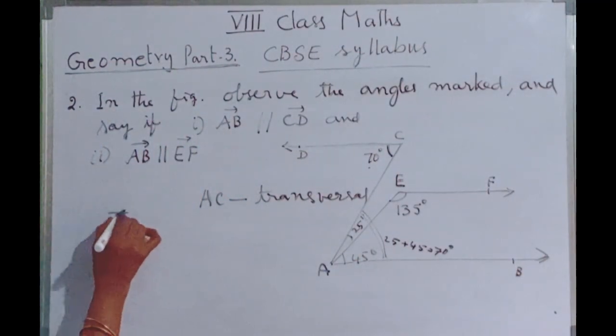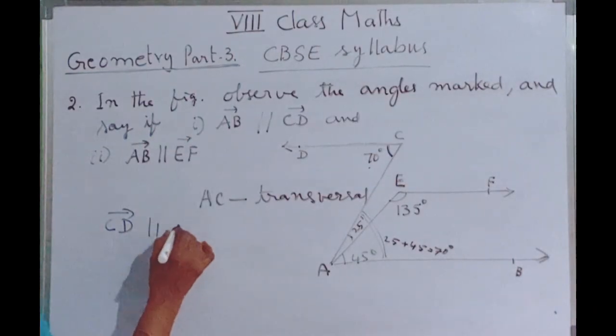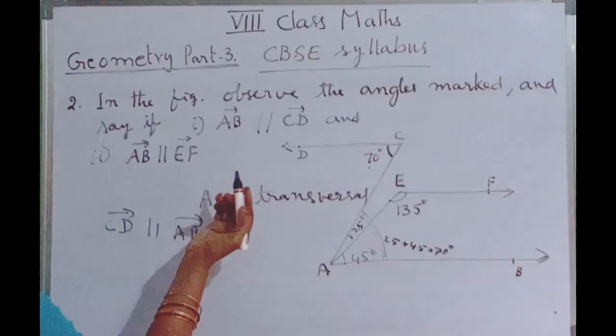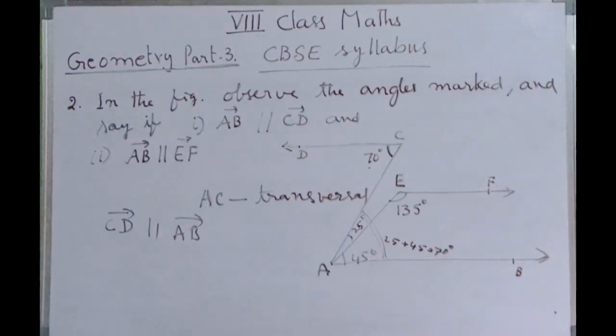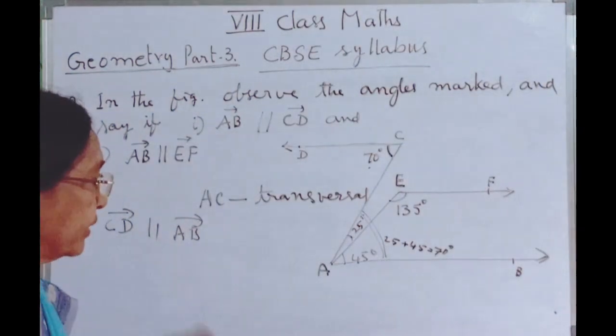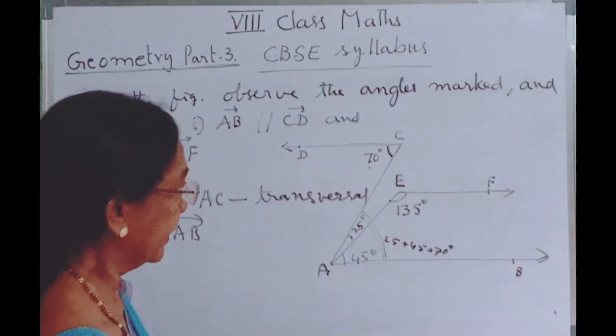So CD is parallel to AB. So the first one is proved. AB is parallel to CD, CD is parallel to AB, whatever it is. Next,